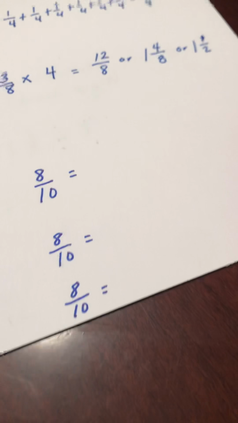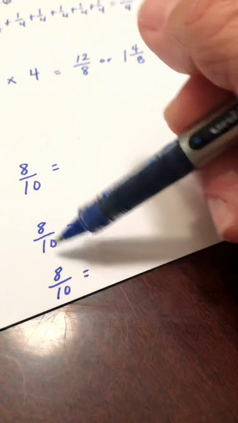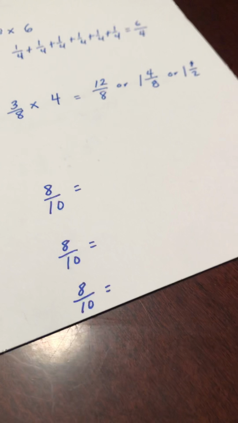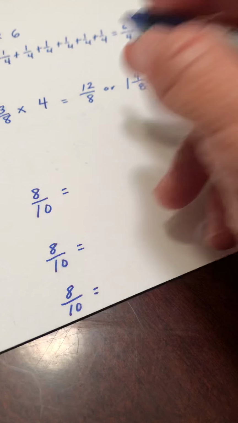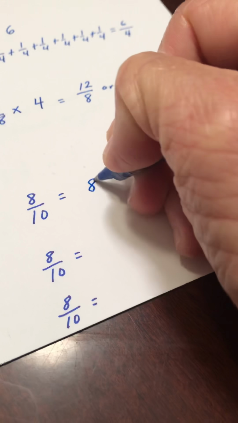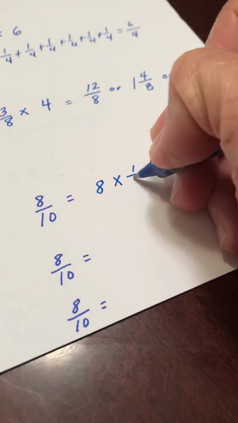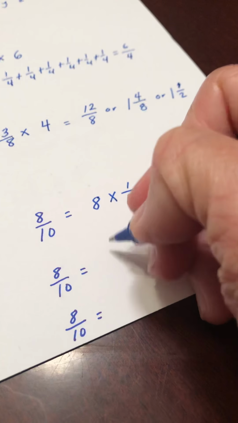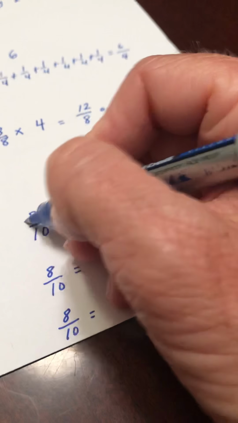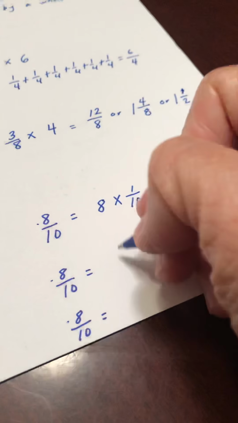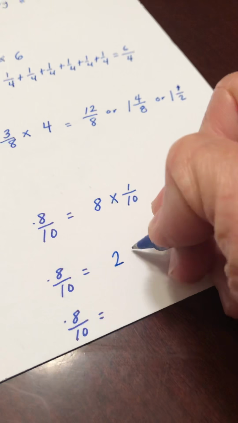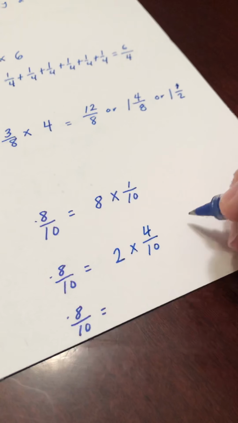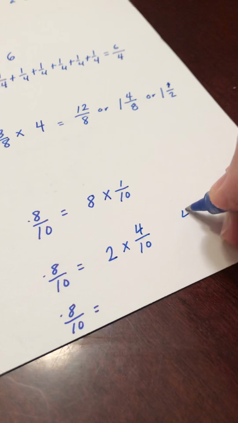All right, and so we'll look at one more fraction here. I've already come up with the product, and we're going to look at decomposing a fraction like 8/10. So what are several ways we can multiply to make 8/10? Well, we could multiply the unit fraction, 8 times 1/10. So that'd be a 1/10 piece 8 times. So what are other ways we can multiply to make 8? What are the factors of 8? I could also do 2. Okay, 2 times what would give me 8? 2 times 4. That's the same as saying 2 4/10 pieces. So that's 4/10